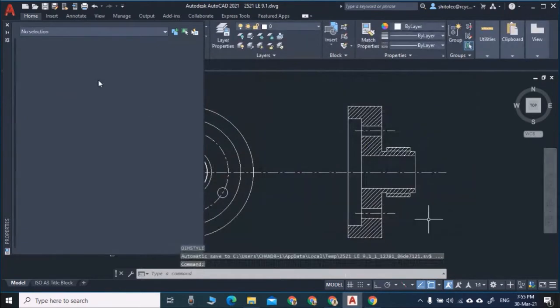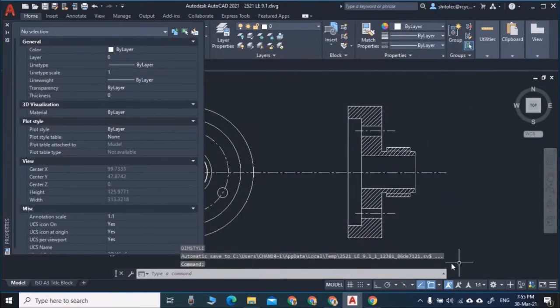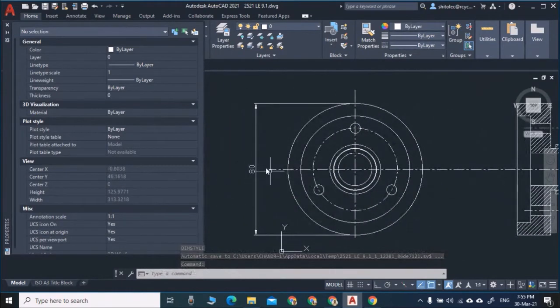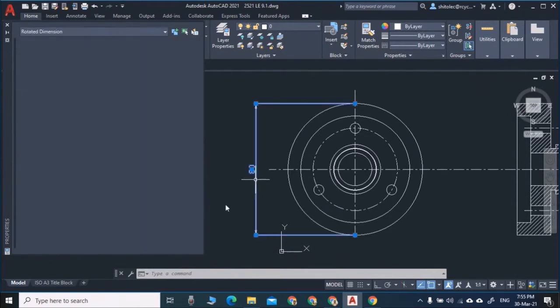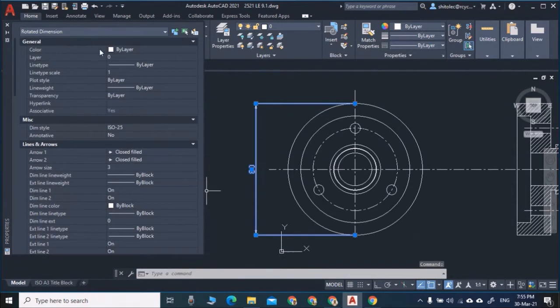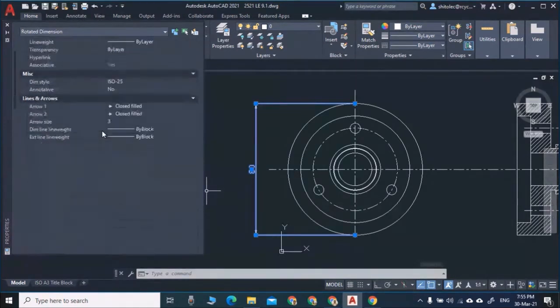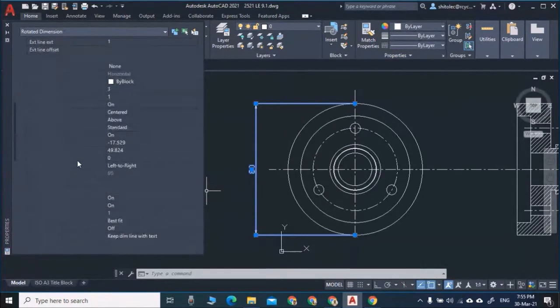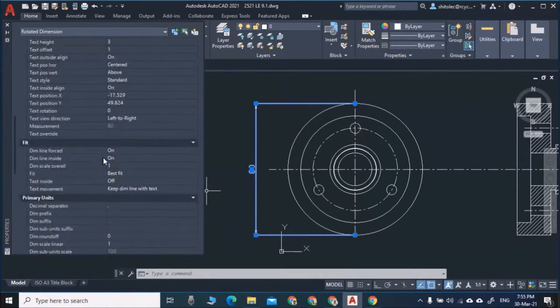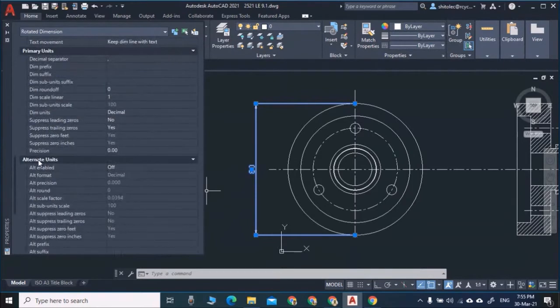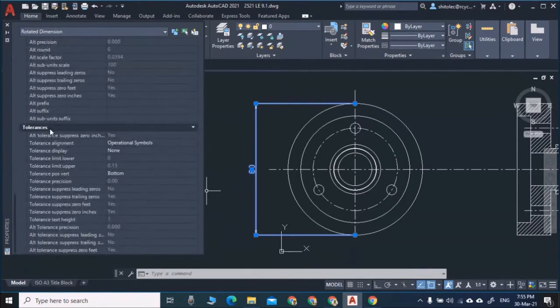So I will not do anything here, and now see, this is enabled. Now I will give the dimensions here. See, this is 80. In general I don't need plot style and view. So I will click this and it will come here: dimension general, lines, miscellaneous, lines and arrows, text, that we keep everywhere. Fit is not important, primary units not important, alternate units. Now come to the tolerance. At the last there is the tolerance. Here you will see tolerance display is none. So I will click it here.